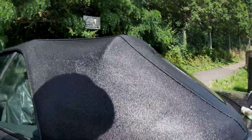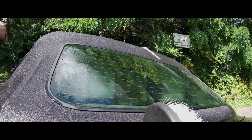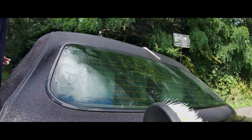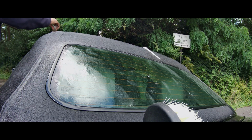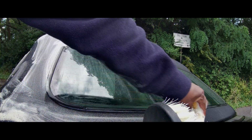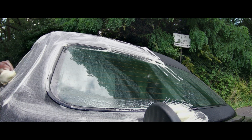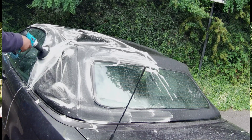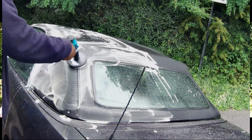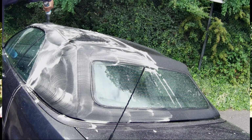One thing, you must not let the sun dry it with the chemicals in it. You must get out as much of the chemical as you can, so hence using water or a hose to rinse it out before sealing it. So the same process again, we go over it, use the drill to work its way in,